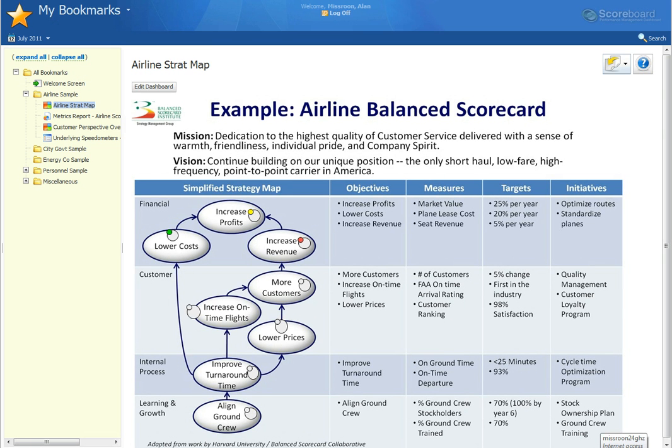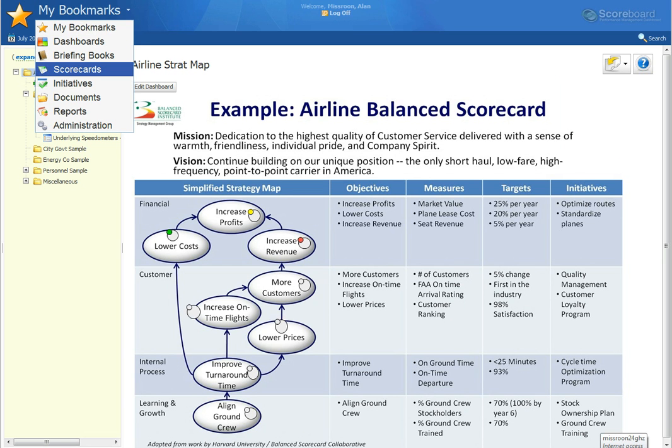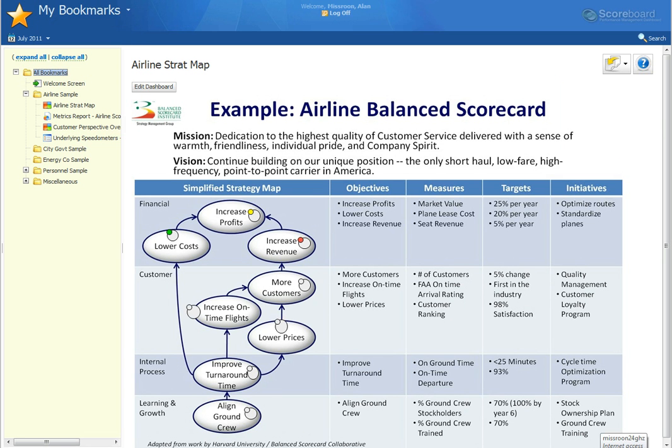We also have some navigation over here on the top left where we can take any of these objects and then post them to our briefing book, send them to the printer, email them to someone, be able to pump the information into Word or Excel, drop it right into a PowerPoint document or into a PDF document. So that's a nice simple way for us to take whatever we have, dashboard we're looking at, and send it somewhere else. So that's a quick overview of the general navigation of the product,